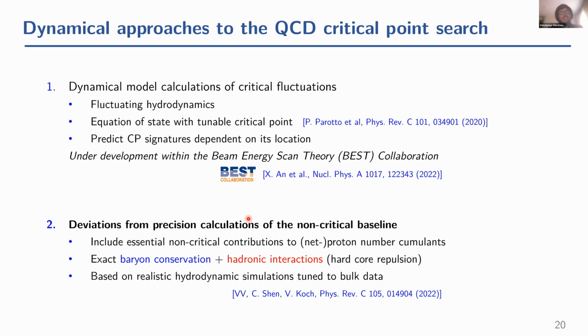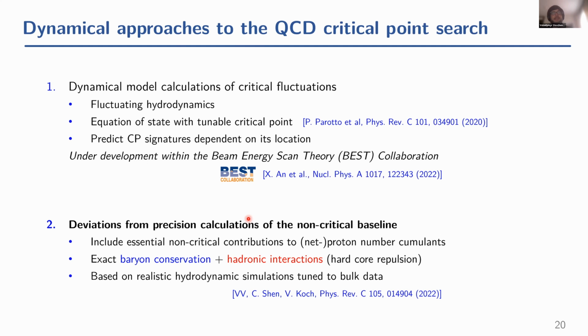So I listed these challenges, and one can think about a couple of ways to address them. There is this mismatch between theory and experiment: there is a grand canonical ensemble in theory, and there is not really a grand canonical ensemble here. And then there are these other effects of volume fluctuations and so on. So the way to take care of this would be using dynamical models.